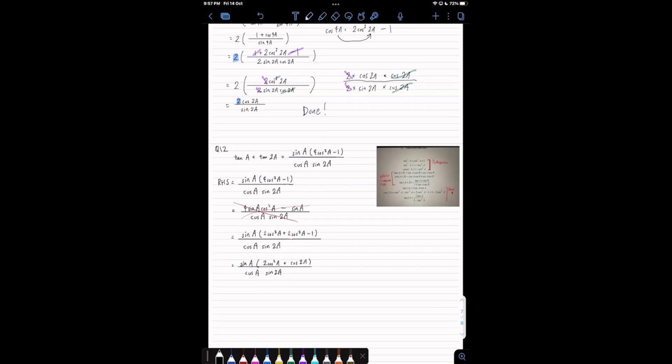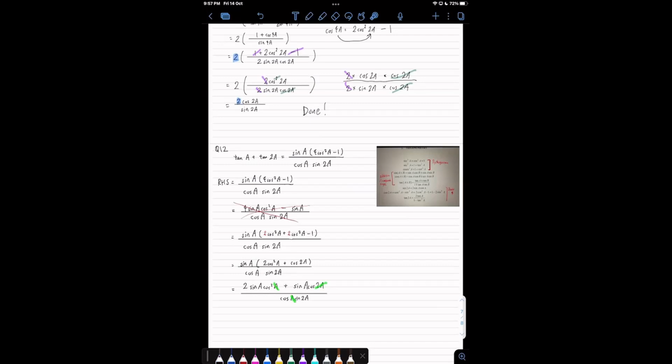2 cosine 2 sine a cosine square a, I'll just keep it in the same order, plus sine a cosine 2a, all divided by cosine a sine 2a. Now at this stage, you cannot cancel off like you see a here, you see a